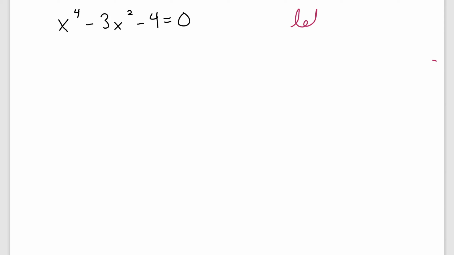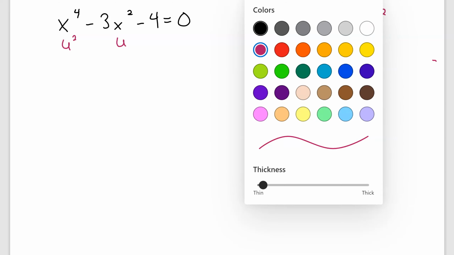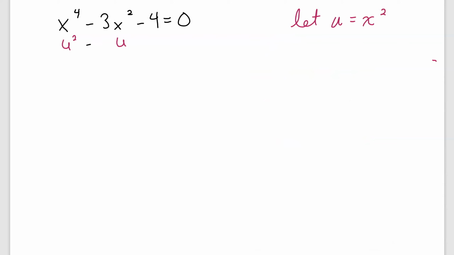It's a little bit more difficult. Let's just let u equal x squared. Because again, remember, whatever is in the middle term, that's what we're going to let u equal. So we put a u here, and this is u squared, because if we square x squared, that would give me x to the fourth. And then I just bring down my coefficients and everything, and I can factor this,